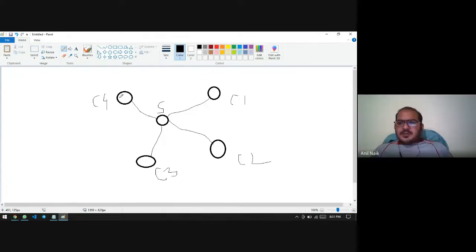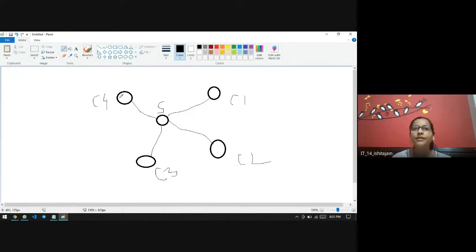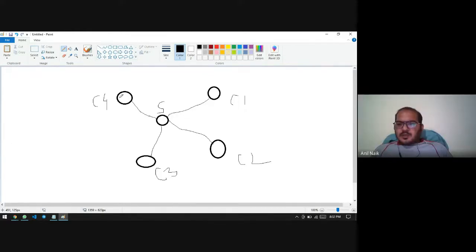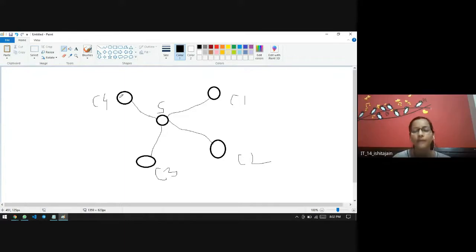What is a DNS? DNS is domain name system. It makes the connection between the name and the IP address, because whenever we use a web page, it is good to just type the name and it is hard to remember all the IP addresses. So it maintains the connection between the name and the IP address. It maps the name with the IP address. Yes.